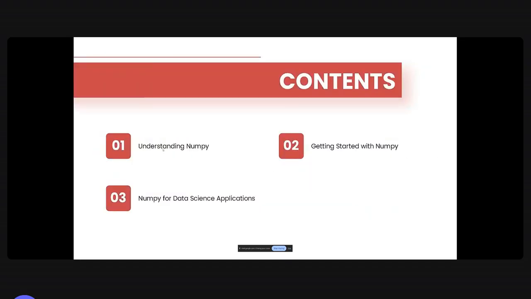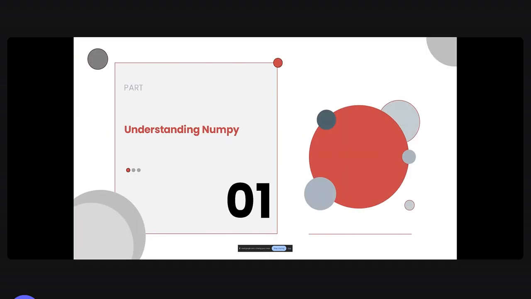So we'll see understanding NumPy and then getting started with NumPy, and we'll have some applications that we will work on today as a sample. Understanding NumPy: so what is NumPy? Basically, NumPy is a Python library used for numerical computation, and it provides you with multi-dimensional arrays and mathematical functions for fast